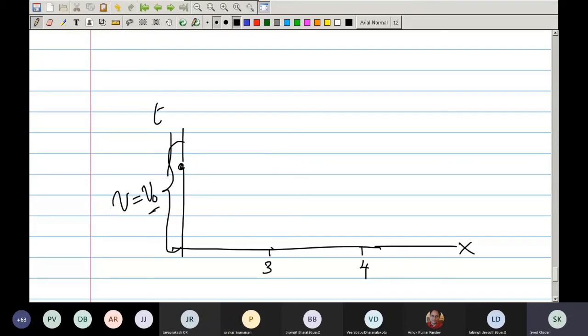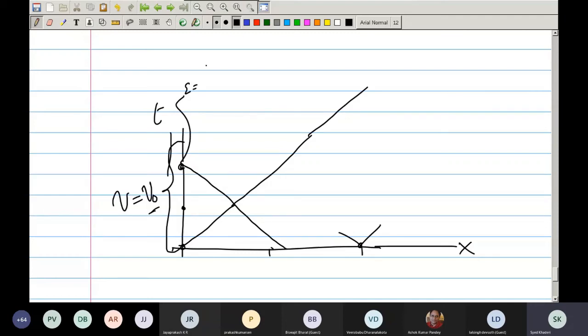So I said at each and every point in space, we have a characteristic. So I said from this point, you start characteristics like this. So we can also start a characteristic from this point. And what I said is at this particular point, we found the stress or the strain is V0 by C, and velocity is V0.